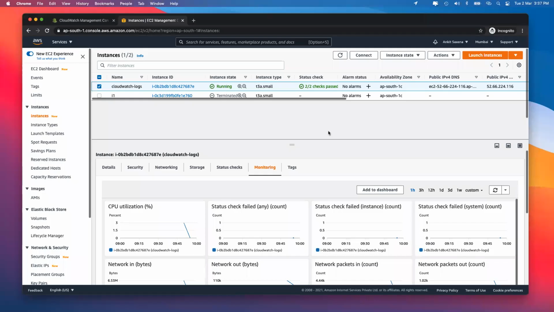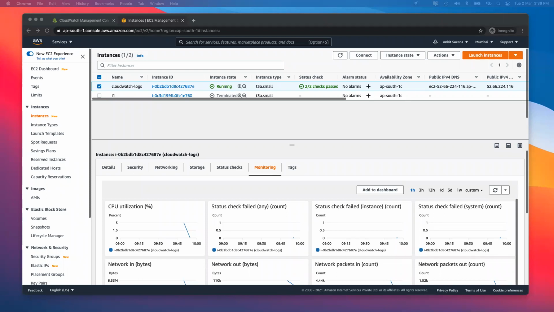So now that our instance is all good and running, we'll also want to push the logs of this particular instance itself inside AWS. For that reason, I will have to go and create an AWS log agent. As you would have seen in the video earlier, the AWS log agent is used in scenarios where I have to read the logs of any application or any service of AWS.